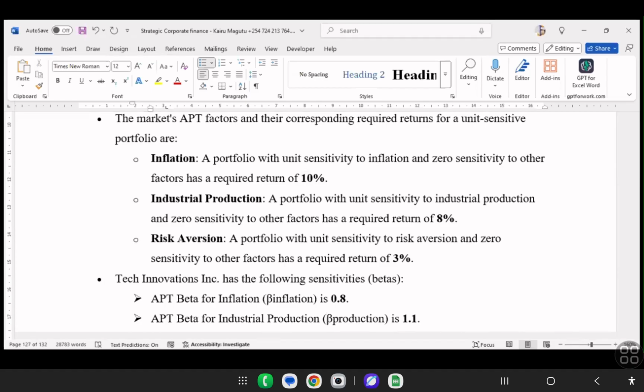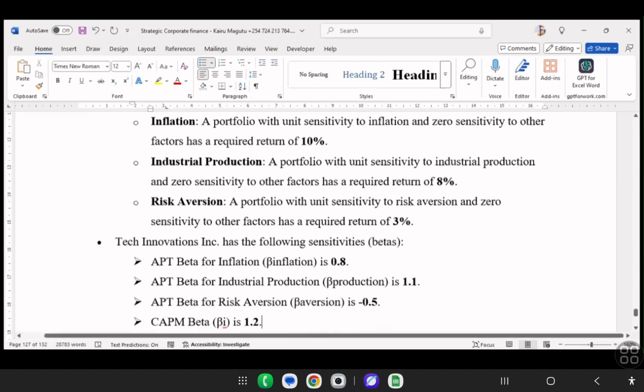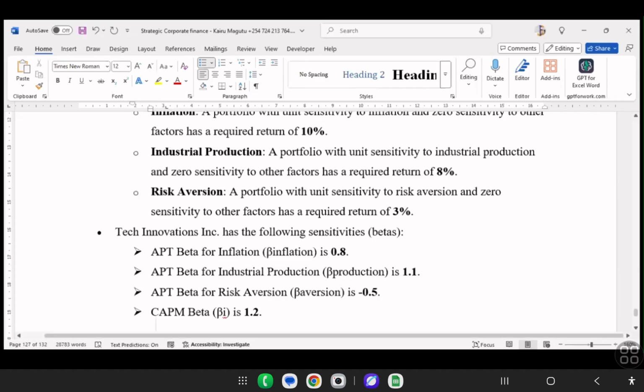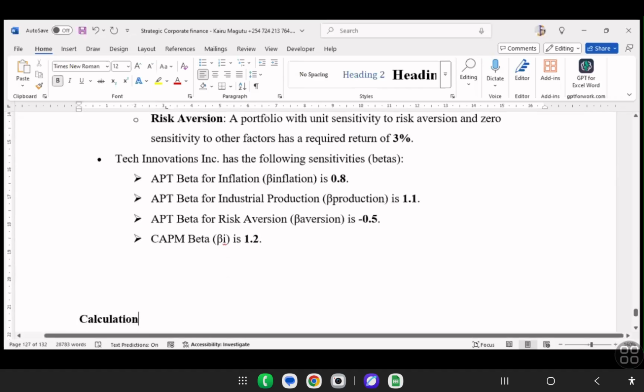So we are told that Tech Innovation Incorporated has the following sensitivities, or betas. APT beta for inflation is 0.8. APT beta for industrial productivity is 1.1. APT beta for risk aversion is minus 0.5. The capital asset pricing beta factor is 1.2. The question that I would want you to answer is